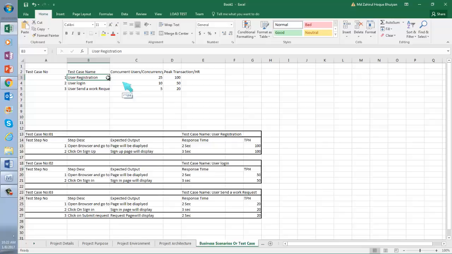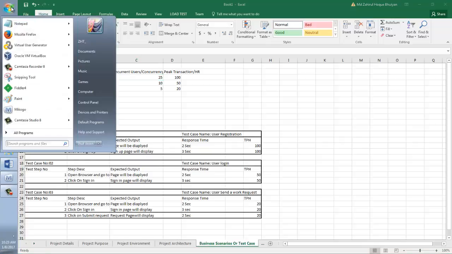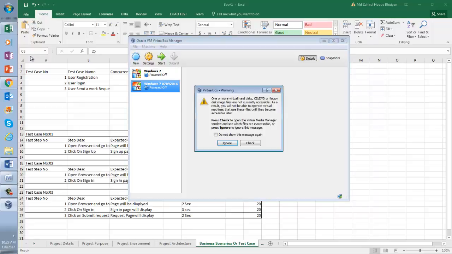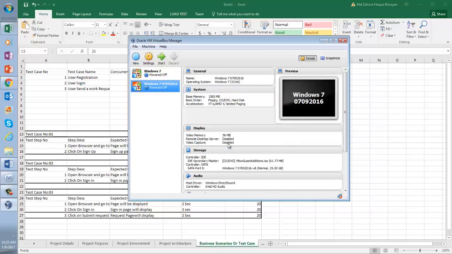Let's say user registration. Okay, we are seeing 25 concurrent users, but with those 25 concurrent users in an hour, how many registrations will be completed? Remember, we have 10 concurrent users, but how many did we register in our test? 100 users, right? Remember the scenario that we designed? We provided 10 concurrent users, but how many registrations did they complete? Like we have 100, we divided by 10, 10. That's how we did it. No, in your script, you provided,